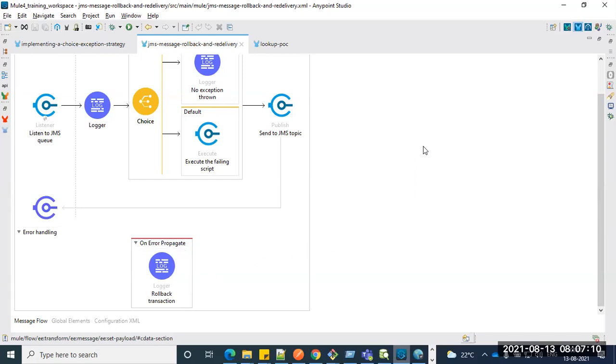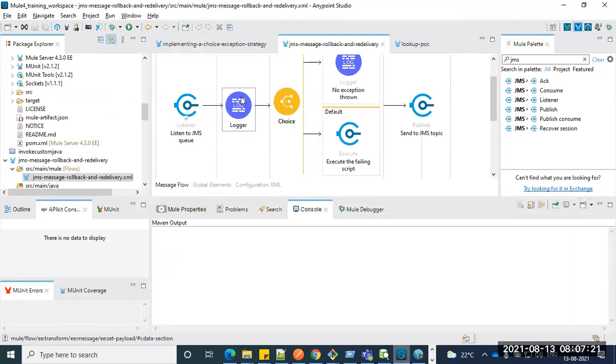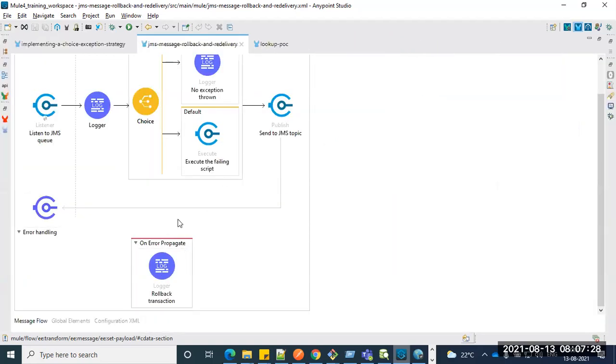So how do we make sure that we define that error logic once for the entire project and call it irrespective of the flow? We don't need to define it for each and every flow, right? We can define that. So how to do that? The best practice is that individually, you should not define it like this.